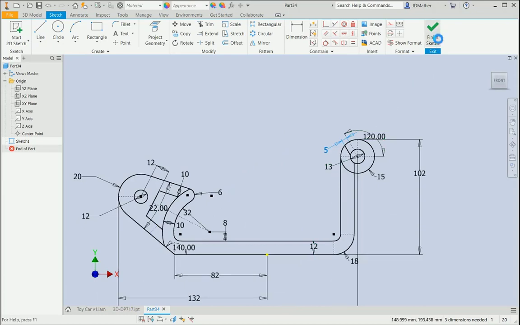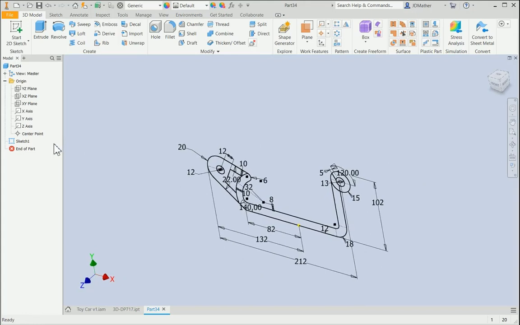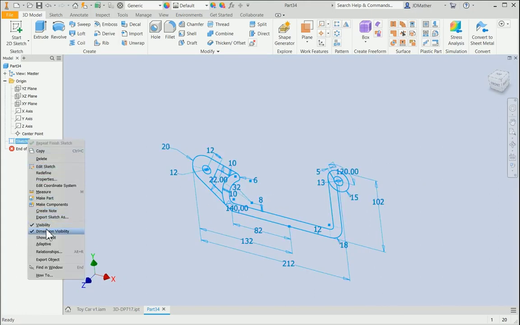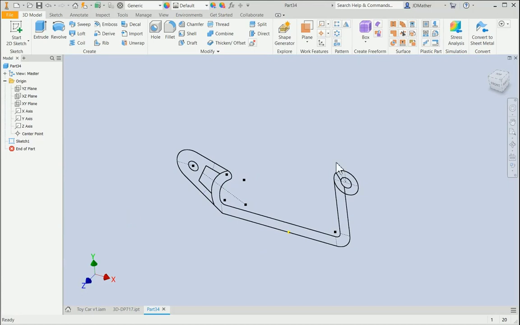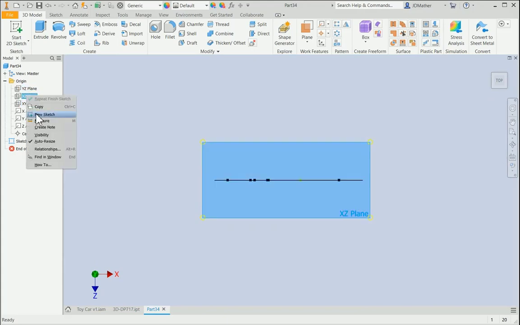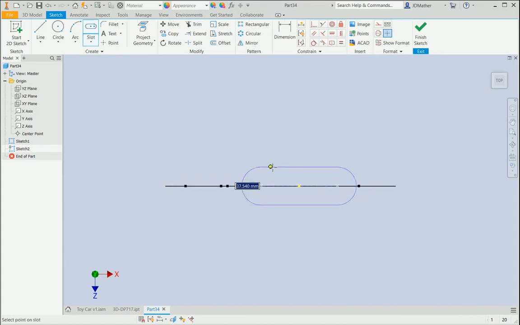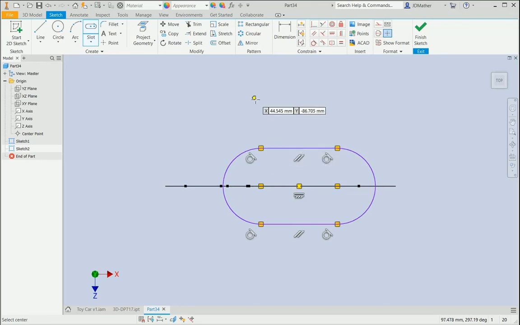Alright, so I've finished my sketch 1, so I'll say finish sketch, and then I will go turn off the dimension visibility, to make this easier to see what we're doing, and then I'll start on sketch 2. So I'll go to the top plane, and I'll do a new sketch, and I'm going to draw a center point slot from the origin over about like this, and then I will dimension the distance from here to here